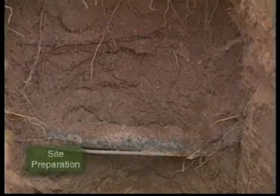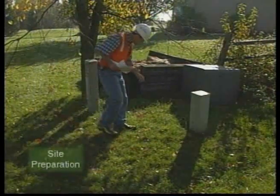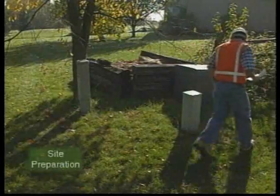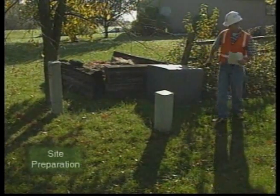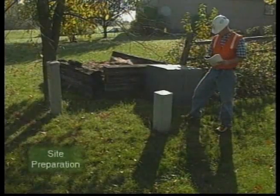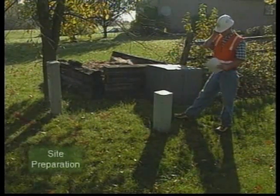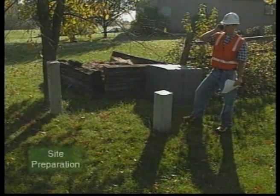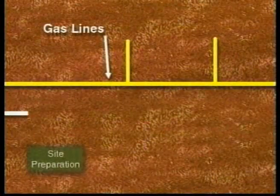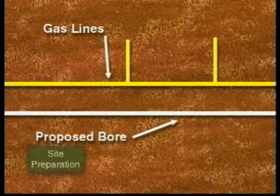line. Look for visible signs of facilities that may have been overlooked, such as pedestals, pole risers, trench lines, manhole covers, or sewer drain outlets. Note any inconsistencies with line locations and resolve them. If the locates are inaccurate, do not bore until all utilities in the proposed bore path have been located and exposed. Boring parallel to buried lines and cables requires detailed knowledge of the installation and close coordination with the utility